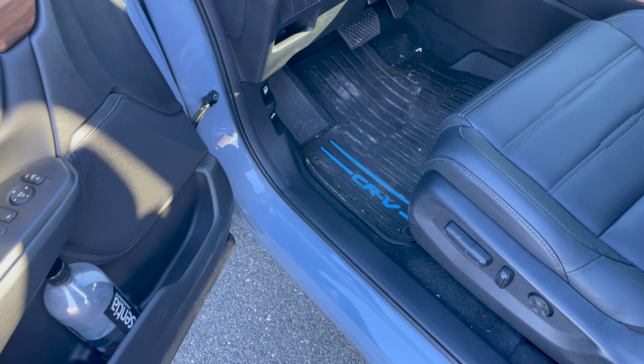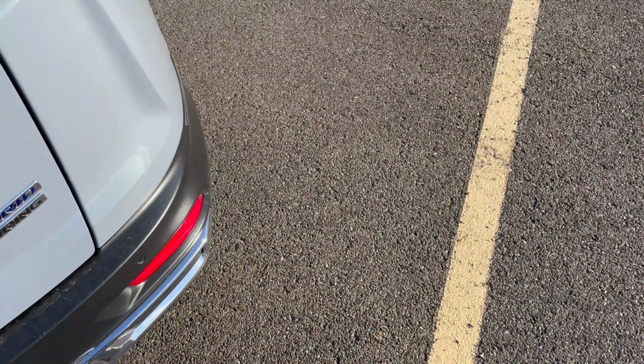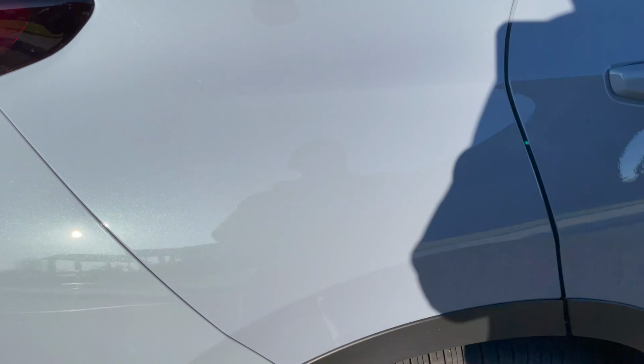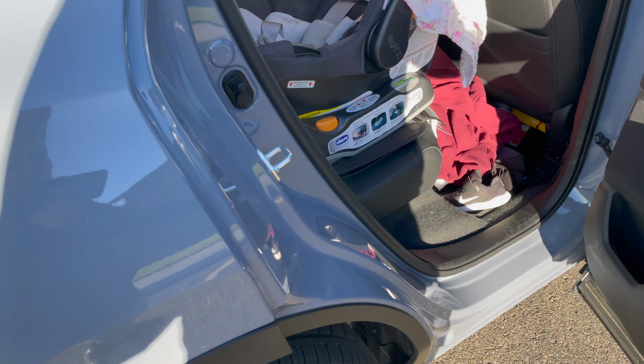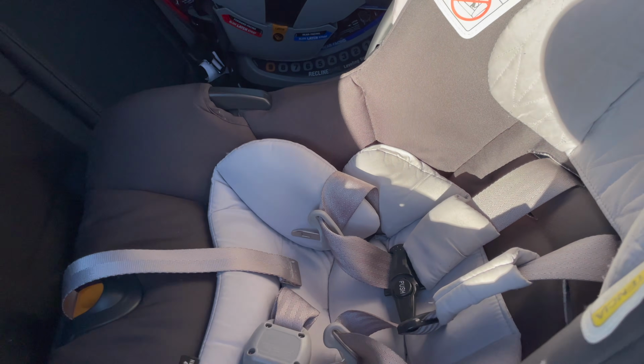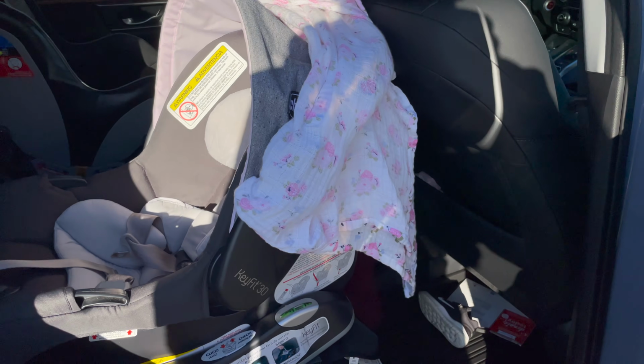I'd say, a small kid that doesn't require a seat, that's fine. But a normal sized person, I don't think it's going to be very comfortable for them back here. Then we have the rear facing one back here